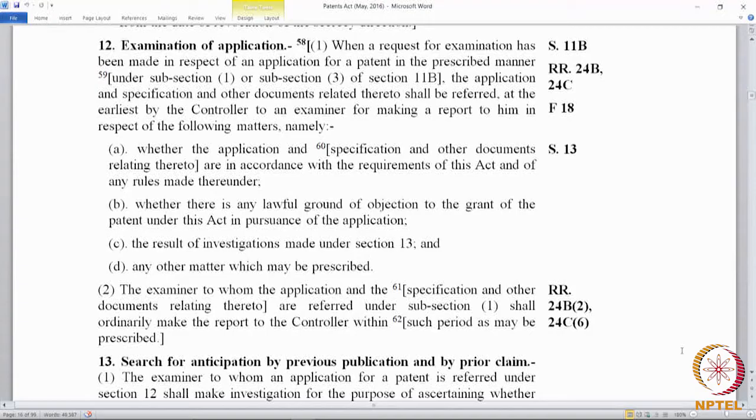So, the lawful objection could come from a provision of the Patents Act which requires the applicant to satisfy those provisions. If the applicant does not satisfy these provisions, they could be construed as an objection for the grant of a patent. So, while A talks about requirements under the Act and the rules, that is whether the